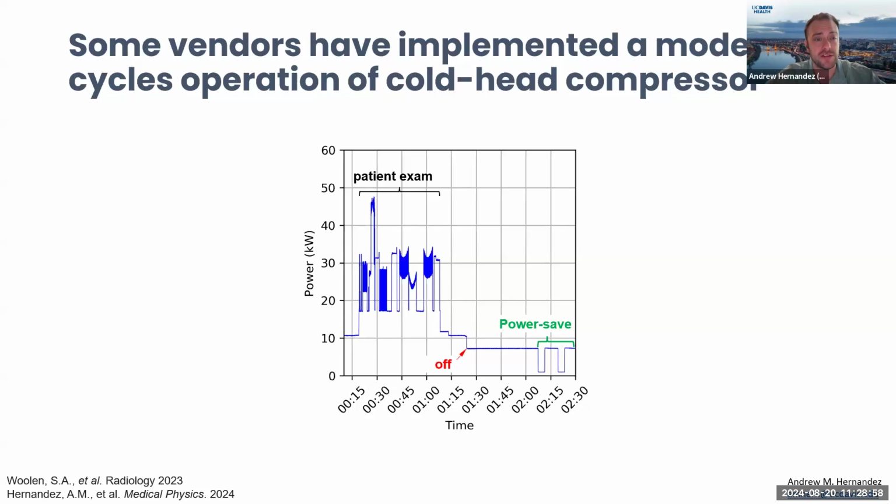And so some vendors have also implemented what's called a power save mode. Essentially what they've done is they've already had these kind of hardware components, so they've already had a means of measuring the temperature in the cold head compressor or the refrigeration process. And what they found is when these systems are actually turned off, you can really cycle the operation of those cold head compressors. And so we can see from this load profile, where the y-axis is power and the x-axis is time, that after that specific patient exam,